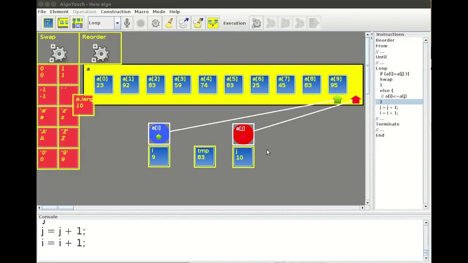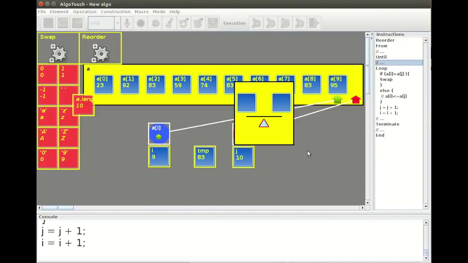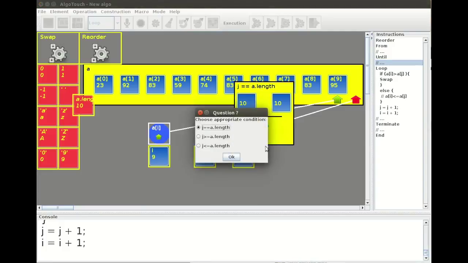Here, now I can say that J is out of the array, so it means that I cannot continue to re-execute the loop. So I want to exit the loop in the situation where J compared to the size of the array is greater than or equal.